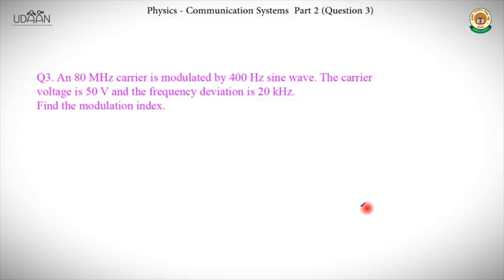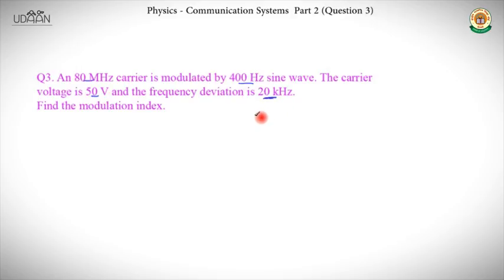So you might get confused about which formula to use. You have something of voltage, and you have something of the carrier frequency as well, and you have something of the modulating frequency. So it's 80 megahertz here, 400 hertz here, 50 volts here, and then also the 20 kilohertz of frequency